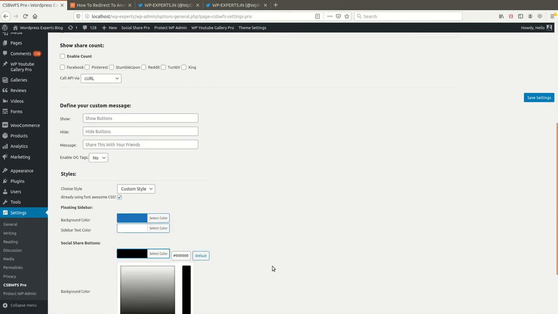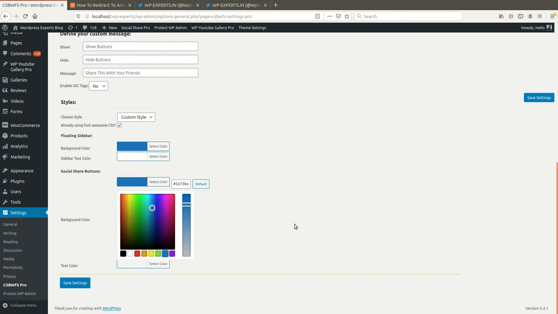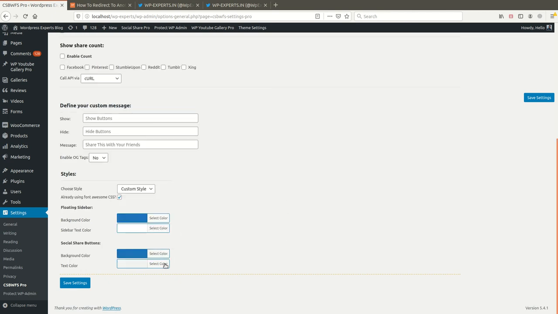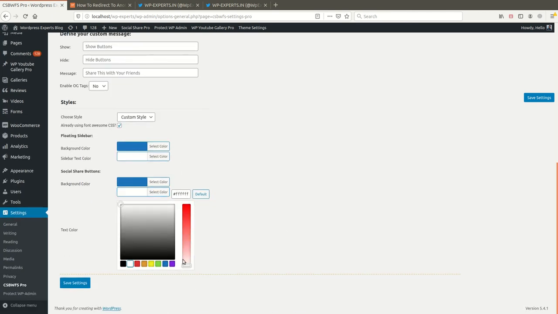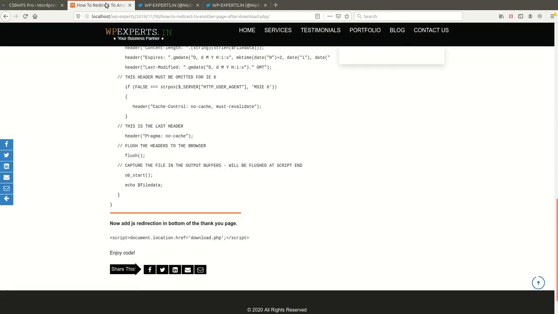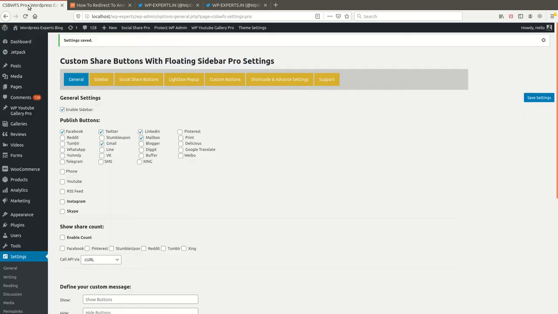Let me make it the same, and the background color is white. Let me make both buttons the same. So now both buttons are the same.